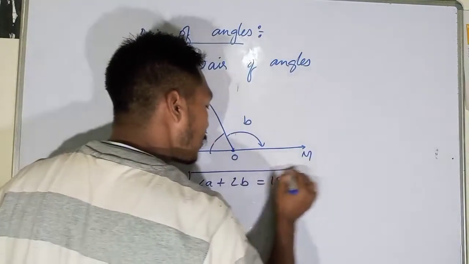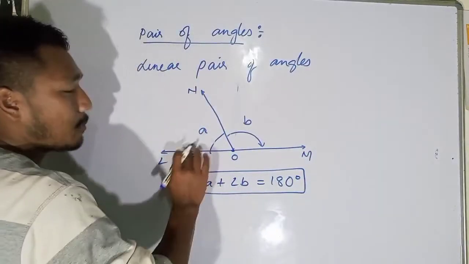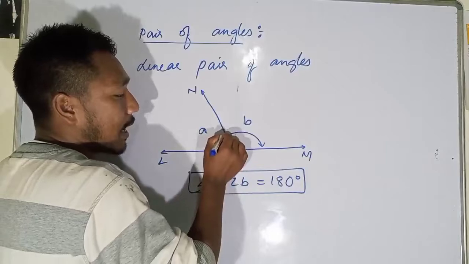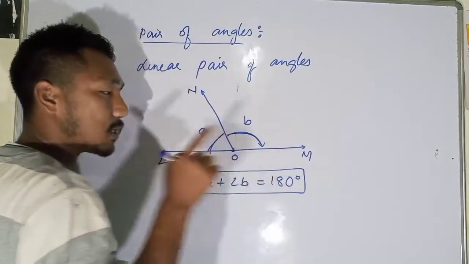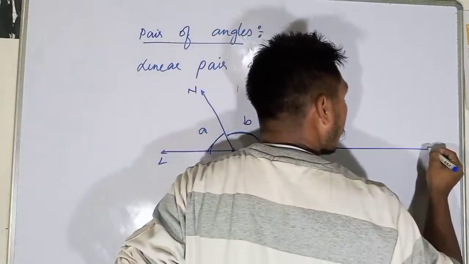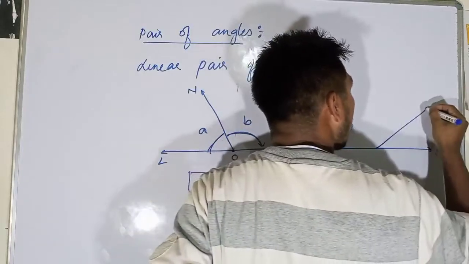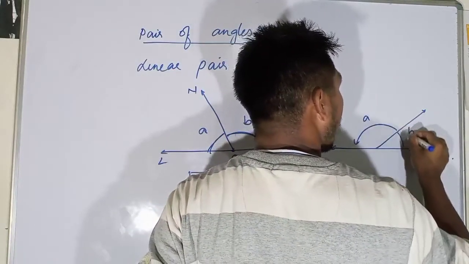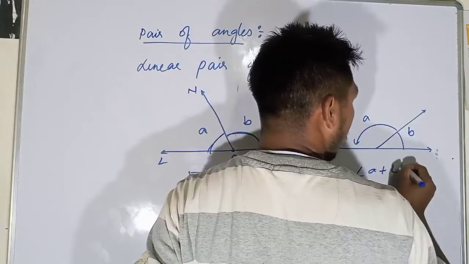Remember this one. This is a very important point. The sum of the angles in a linear pair is always equal to 180. This angle plus this angle will always be equal to 180. Whether the angle is this way, this angle plus this angle, angle A, let's say this is angle B, angle A plus angle B will be